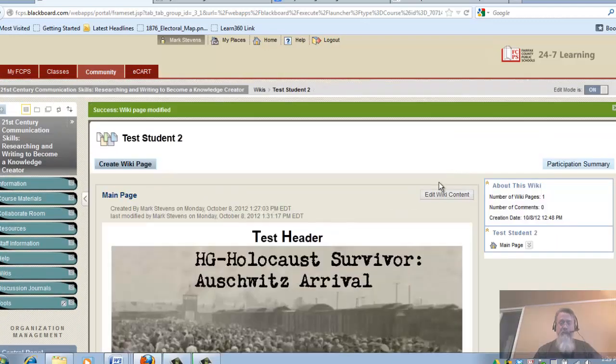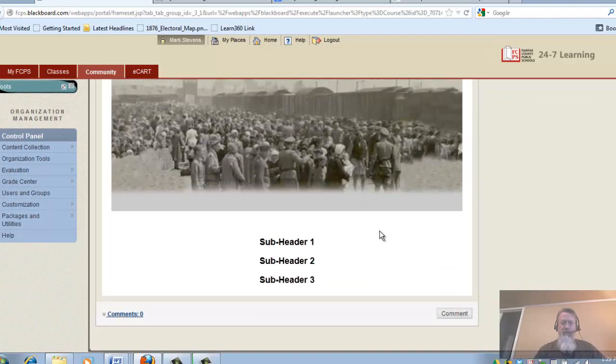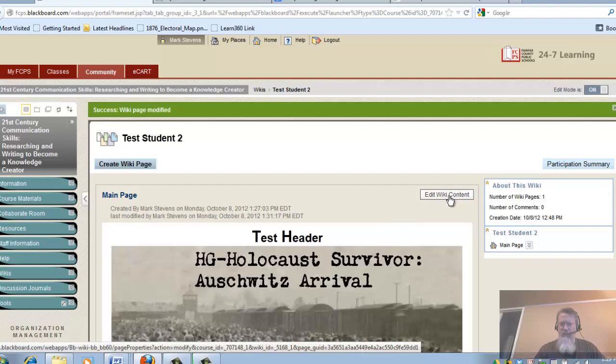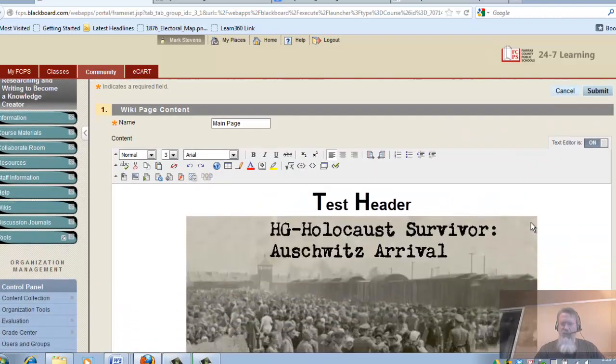So, alright, that's another major change, so I'm going to save it again. I'm going to look at it. Okay, that's looking what I want. Now what I'm going to do is go about putting in some what we call dummy text. Now the dummy text does not mean it's stupid, it means it's a placeholder until you get your regular text